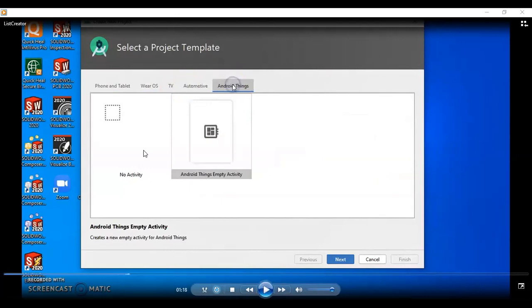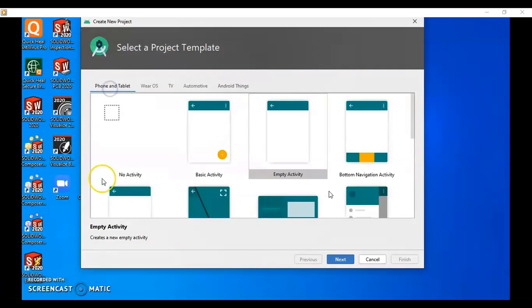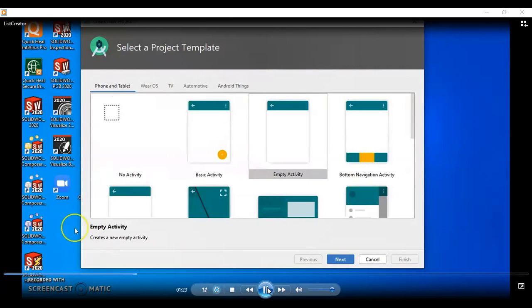So according to the type of project you are selecting, the library support will be added. Once you select the required activities, automatically your Gradle will sync with all the required resources and libraries. But for this project, we'll be selecting basic activity.